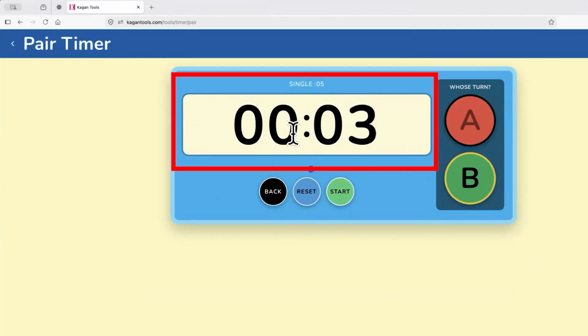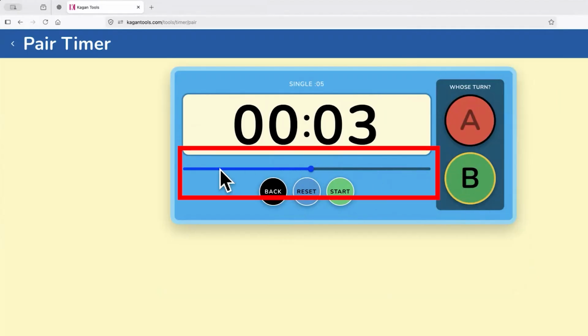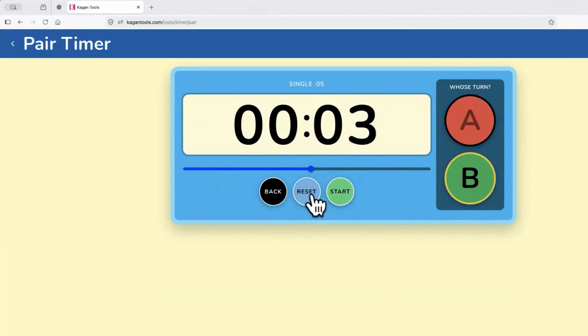All right, so we set it for 5 seconds. It's counting down the 5 seconds. We chose partner B, and you also have a little visual countdown here. And when partner B's turn is done, of course, you probably wouldn't really set it for 5 seconds. That's probably too quick for anything. When partner B's turn is done,